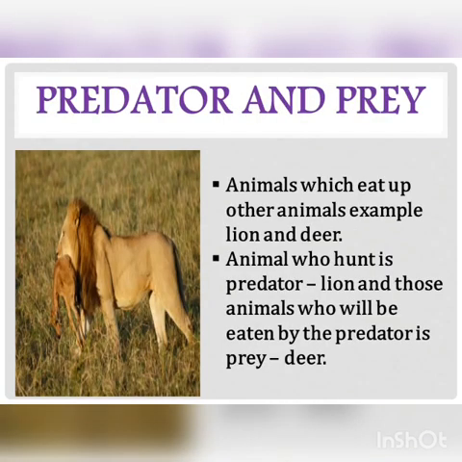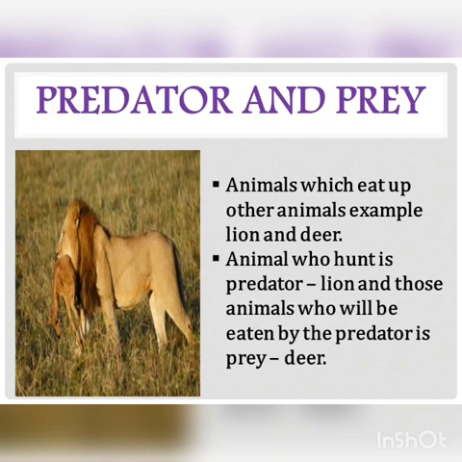Whenever we talk about protection, we might think, how do we know that animals get protected? We see that there are animals which eat up other animals, for example lion and deer. So, how do we say that deer is protected in grassland?